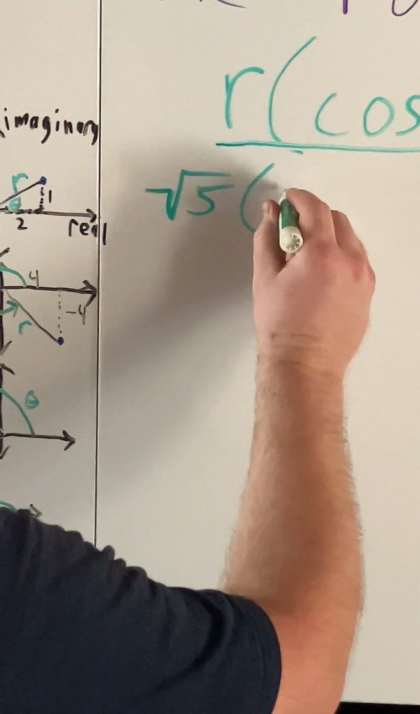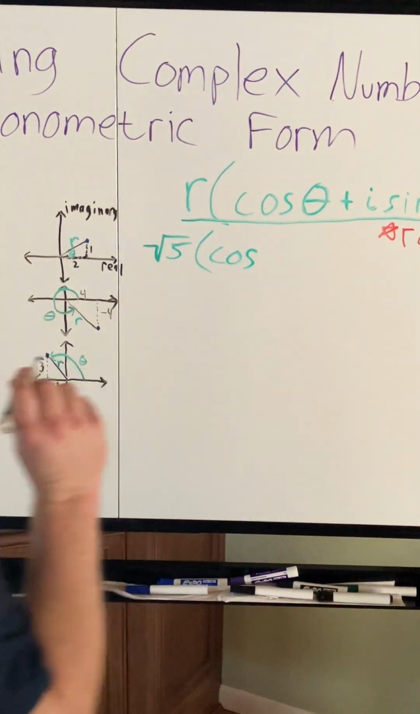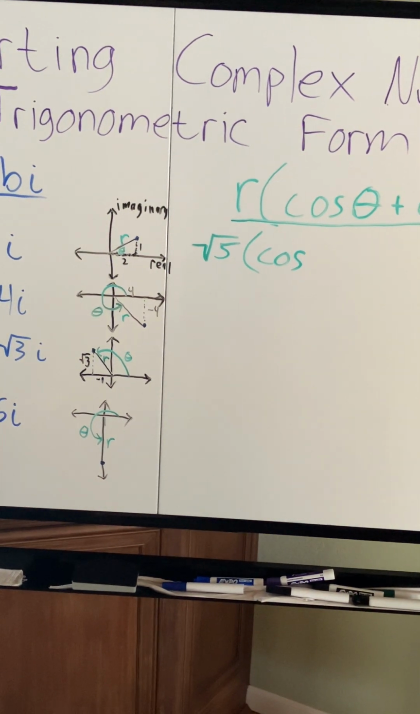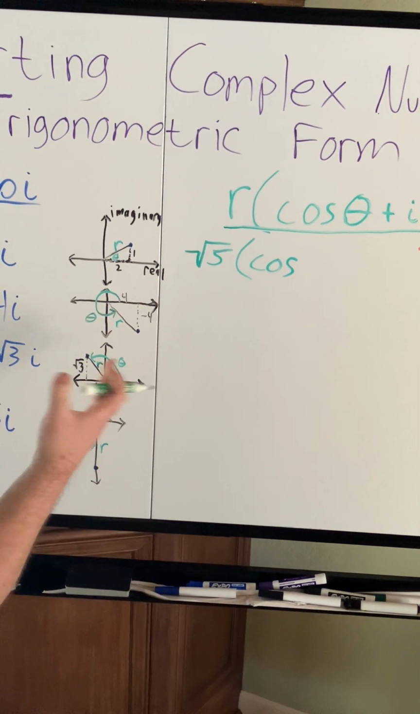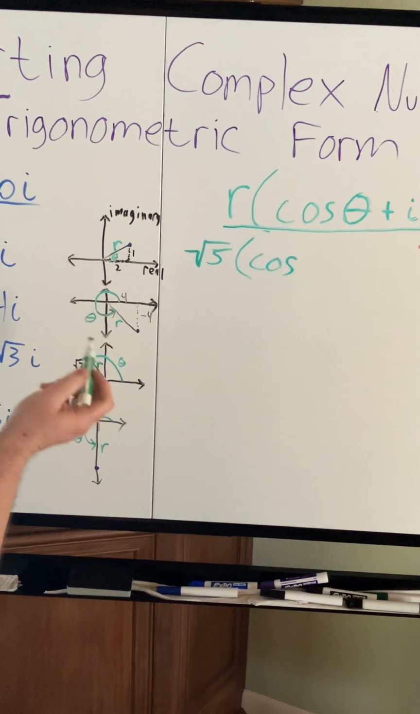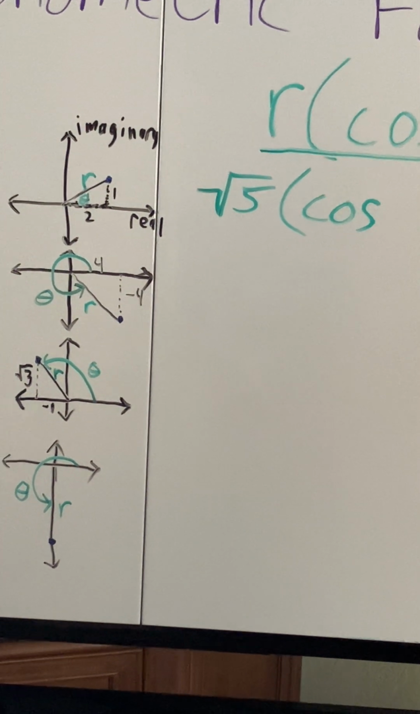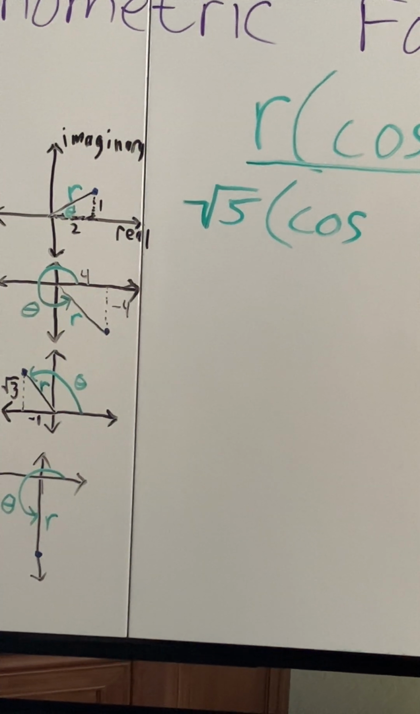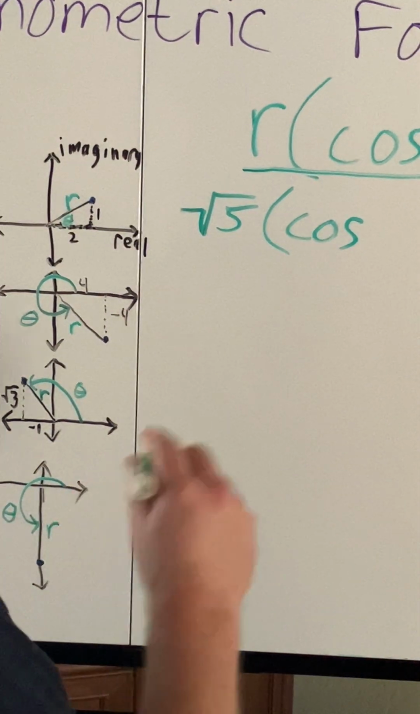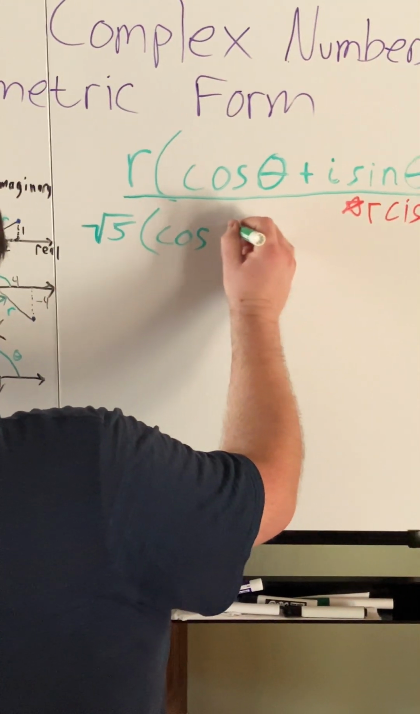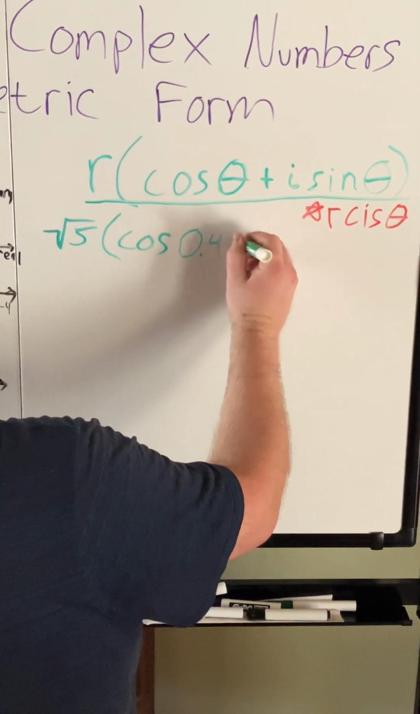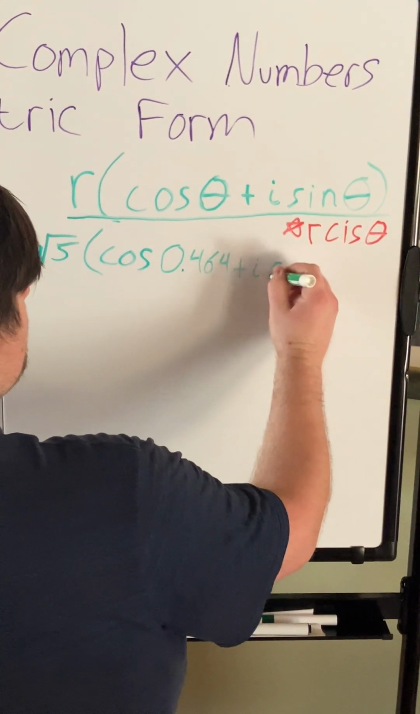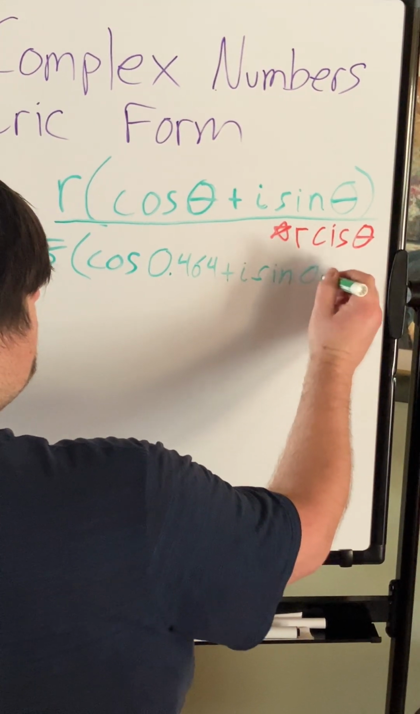times the cosine of... Now this first one, we actually need to figure out what theta is by doing any sort of trig inverse function. You could just do the tan inverse of 1 over 2 and keep it in radian form. Typically, you need to know how to go back and forth between radians and degrees, but we're going to keep it in radian form. So in this case, that's going to get us a radian value of 0.464 plus i times the sine of